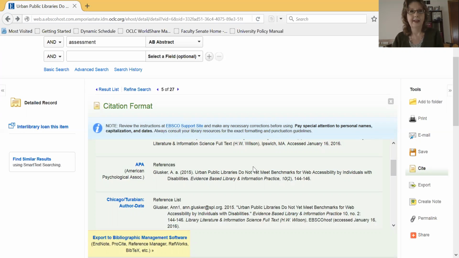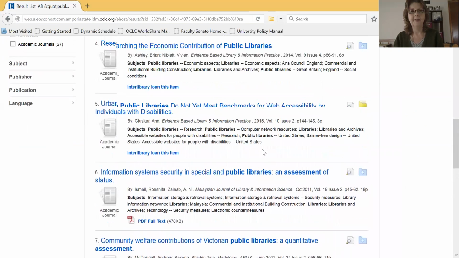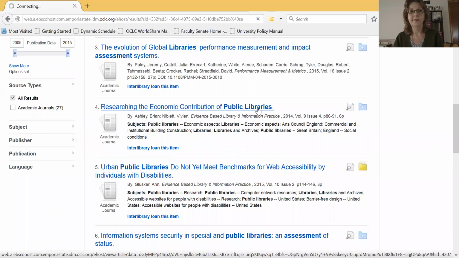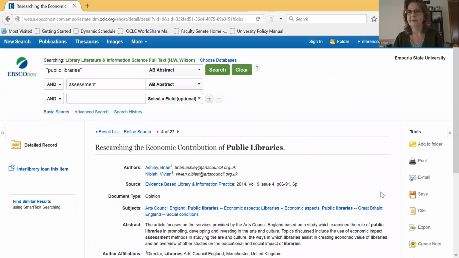These words in the title of the article are capitalized. Now, in the American Psychological Association, or APA style, which is what we use in the SLIM curriculum, the words of titles of articles are generally in lowercase, except for the first word of a title, or in other cases. When I go back here to the result list, and if I scroll back up and go to Cite again for this one,